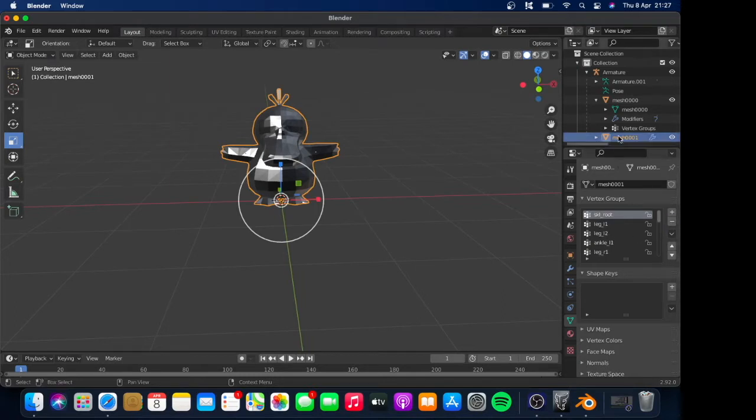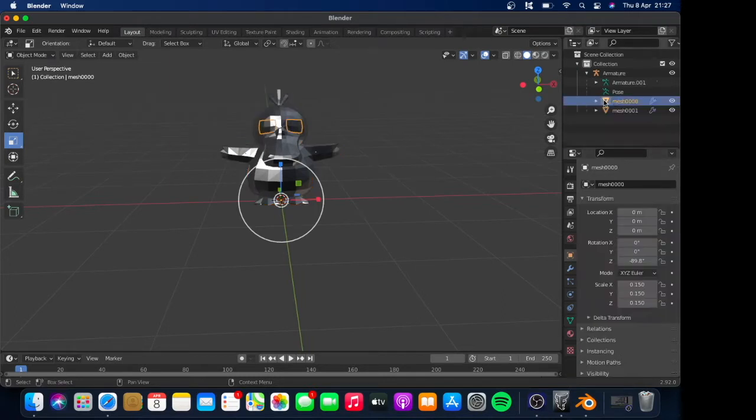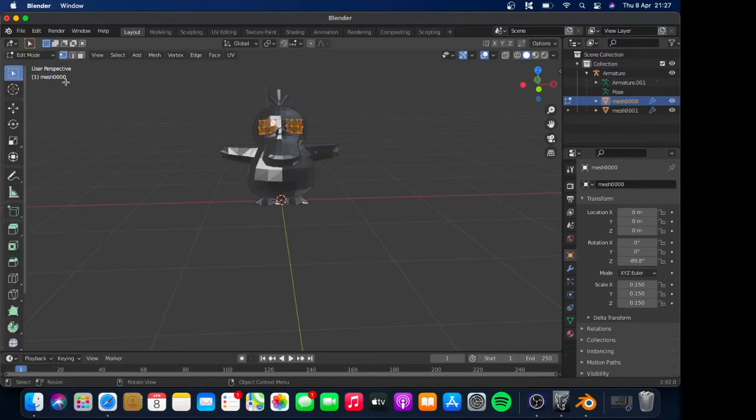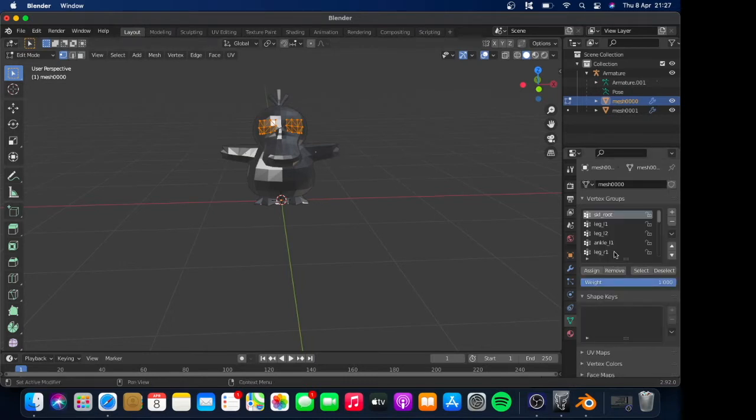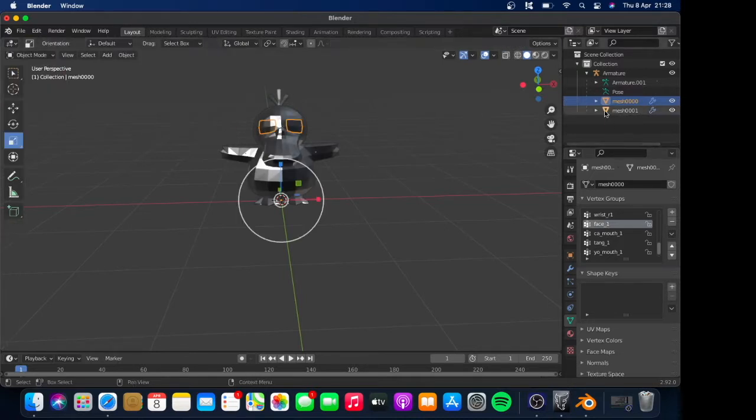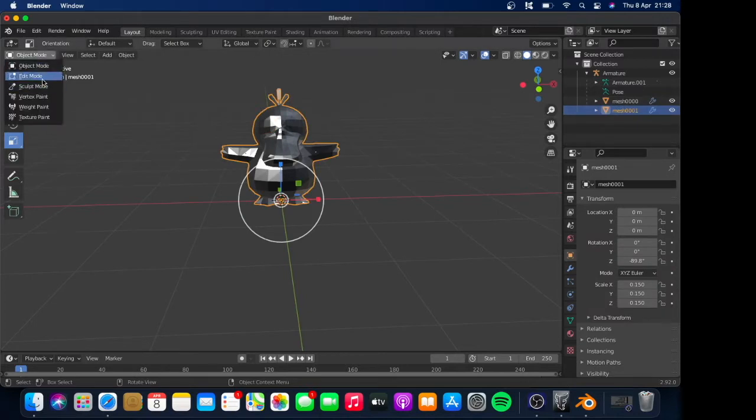Make sure you keep SKL root and anything below. So first of all, we'll click the eyes, go over to edit mode, and we've already selected all. So we're going to want to click on face, because the eyes are connected to the face, assign, and there we go, that's assigned. Head back to object mode, over to the other mesh, which is the main body,